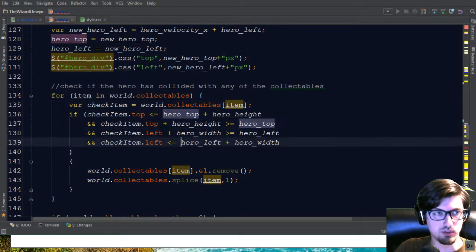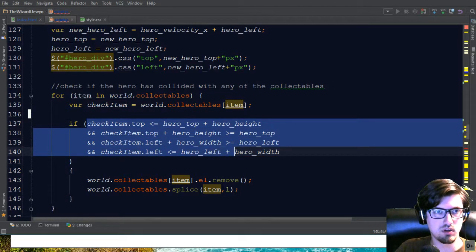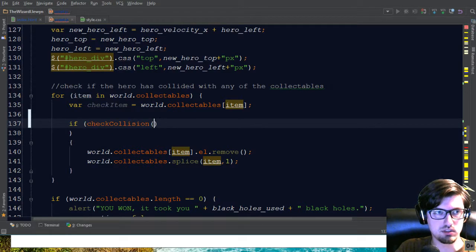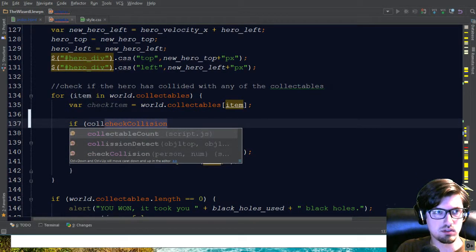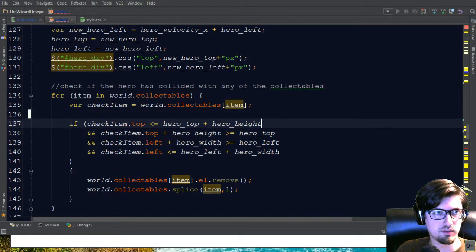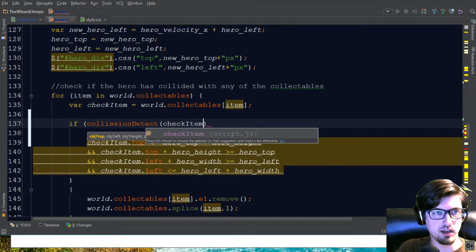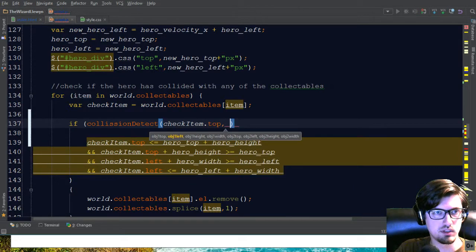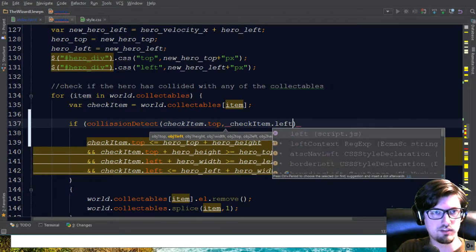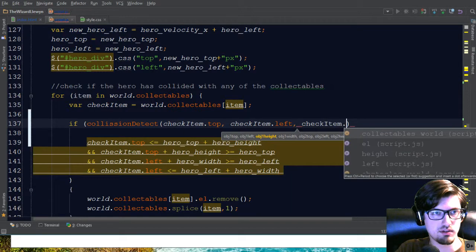And all right, so now the collectibles. So instead of checking all of this, if collision detect, and then what do I want? Hold on. All right, there we go. If collision detect, check item dot top, check item dot left, check item dot